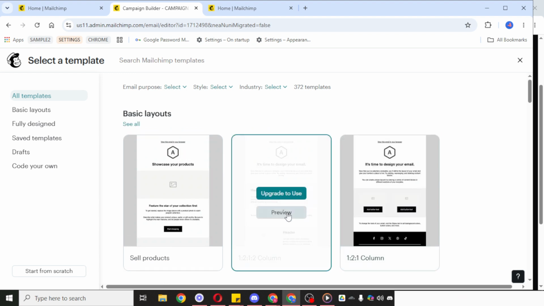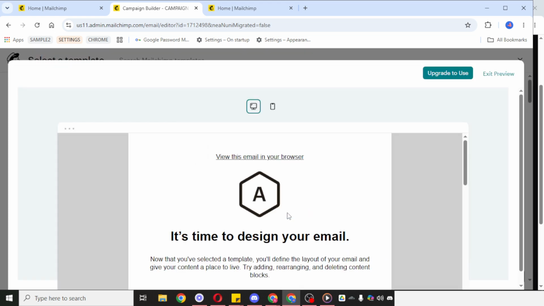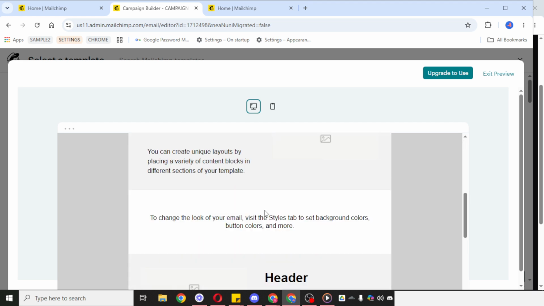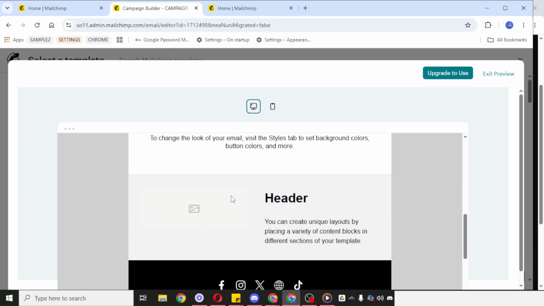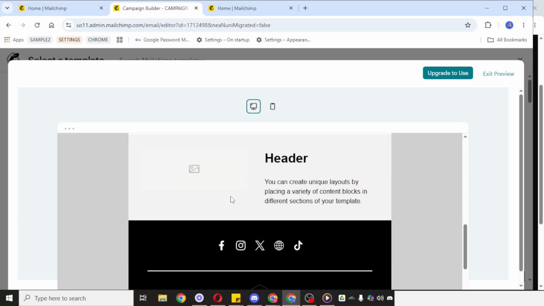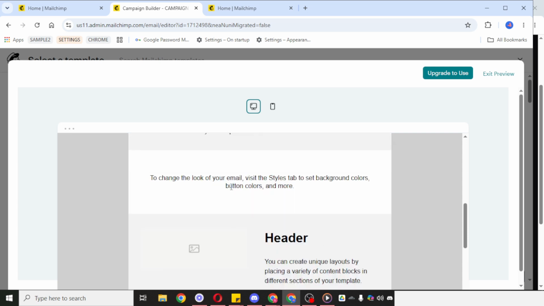Once everything is complete and you're satisfied with the setup, click Send to launch the campaign. That's how to use MailChimp email campaign benchmarking by creating and preparing your email campaign step by step. Take your time with each section, save your changes as you go, and review the final version before sending to make sure everything looks correct.